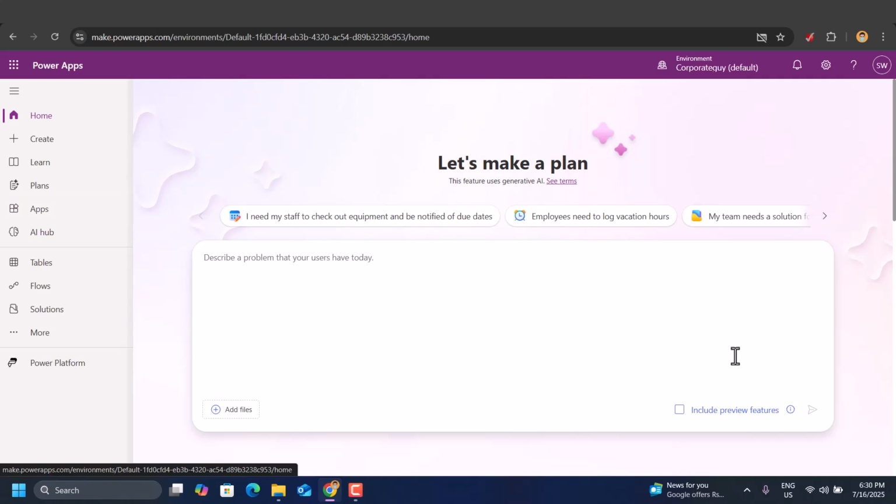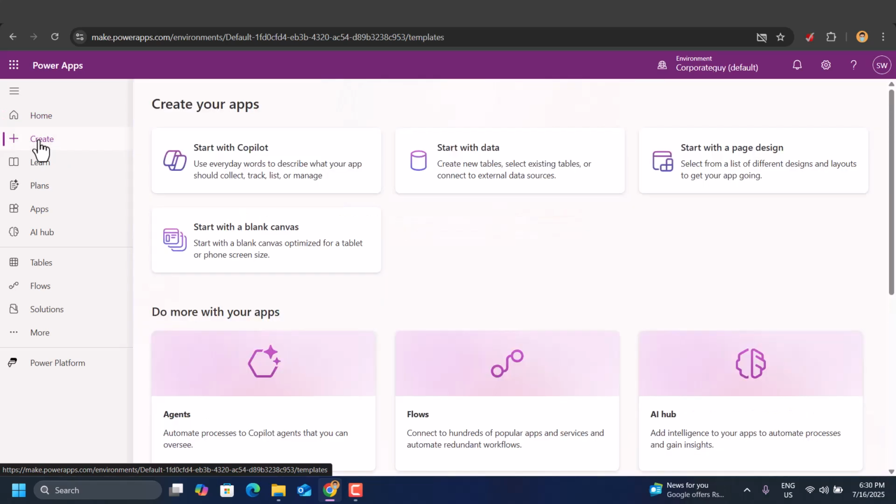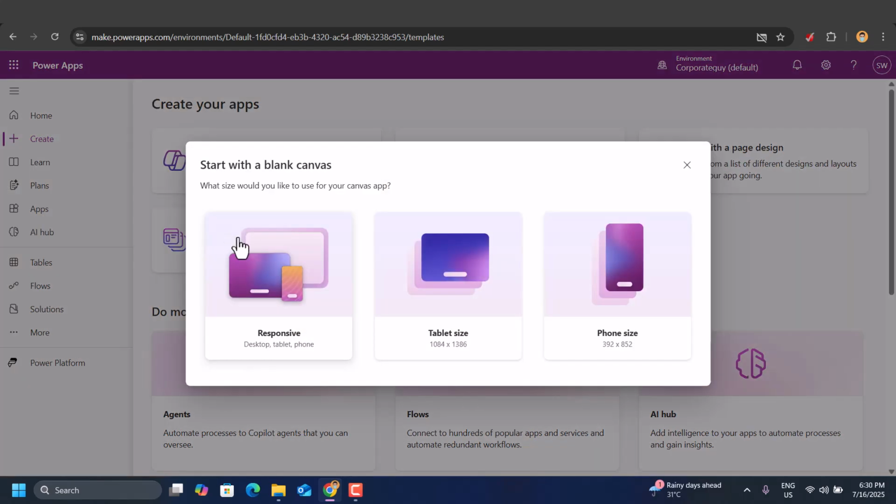So this is the Power App home screen. When you open the Power Apps, you have this option where you will see the create option. The create option gives you multiple inbuilt or pre-built templates. You can start with any of these, but my go-to feature is always to start with a blank canvas, which gives you the option to customize it as per your requirements. So right now we will use a fixed